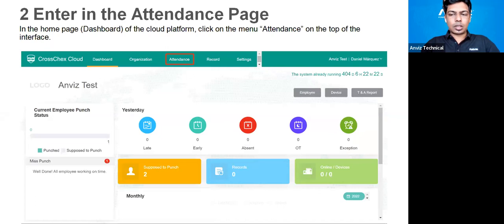Then once you configure the device, I already showed how to configure a device on CrossChex Cloud, where you can use a cloud supporting device, and then you can add the employees, add the users, add the device, or assign the users to the device which are already configured to the cloud account. And once the users are punching their attendance on the device, either using a fingerprint, RFID or face verification, then the data will flow to the cloud application automatically